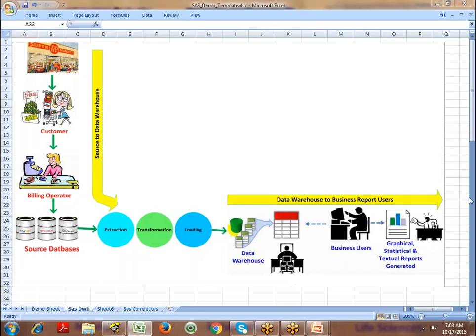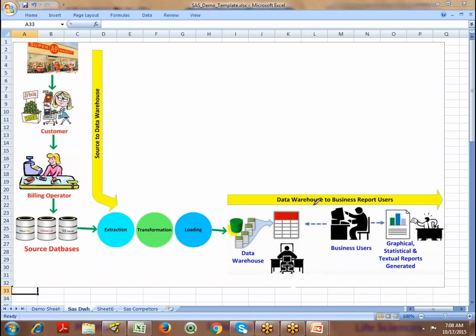Every day the business is going to get data from the transactions. Every day the customer who goes to the supermarket to purchase something presents their products to the person at the billing counter. The person at the billing counter enters the data values into the computer screen. It generates a paper based invoice, and it stores the data in the form of tables.